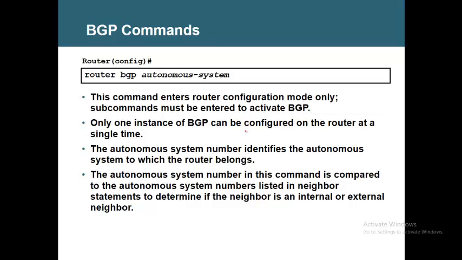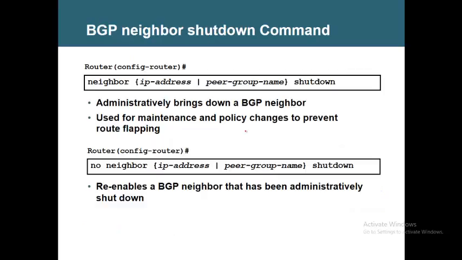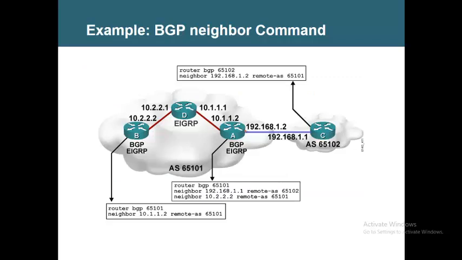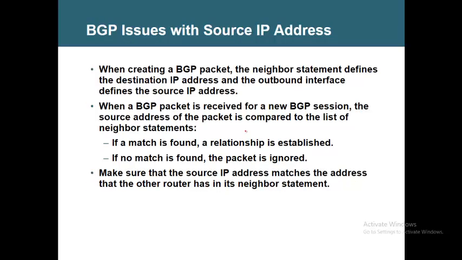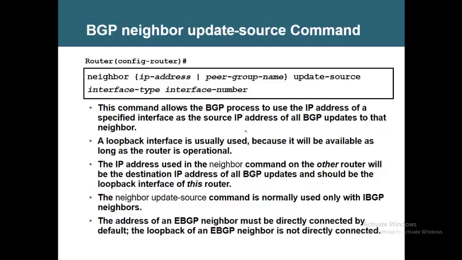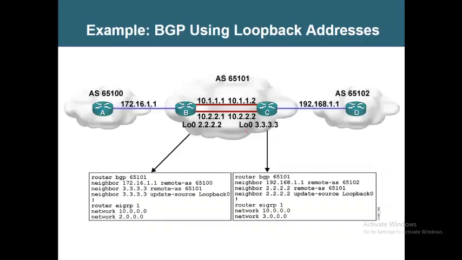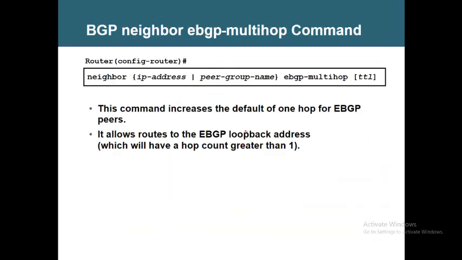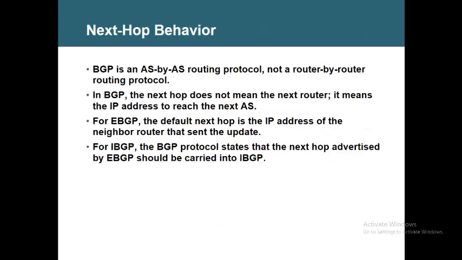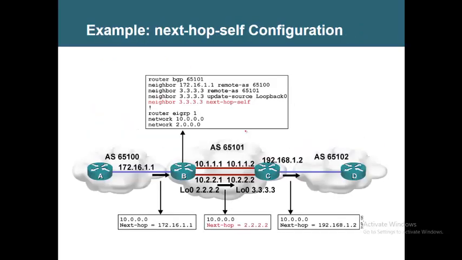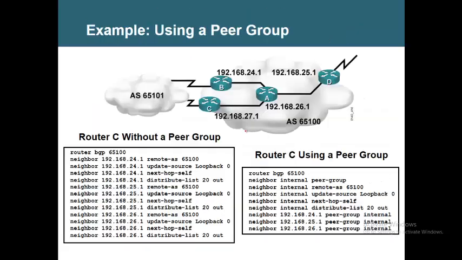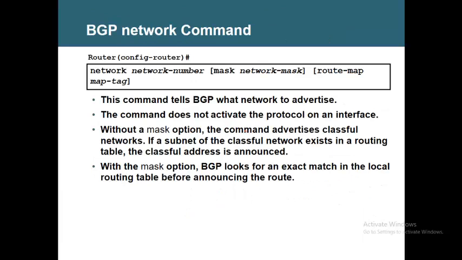Starting from how to configure BGP, down to eBGP multi-hop, update source loopback 0 or update source and interface name, eBGP multi-hop or TTL security, and then next hop behavior, best entry point, peer group, and then how to use